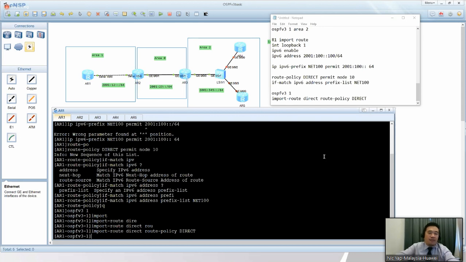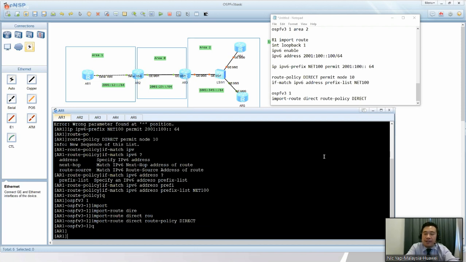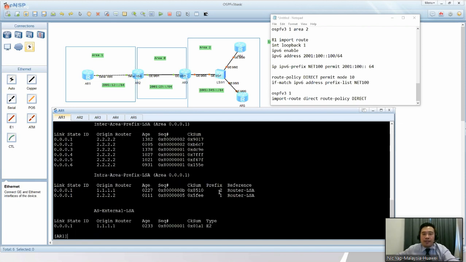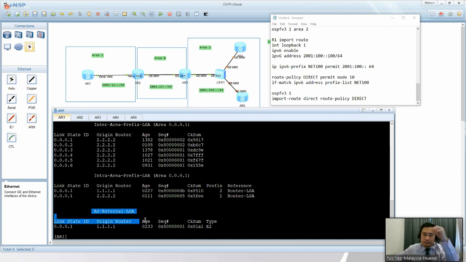Done? So after you're done, let's check the result whether they can be successfully imported into OSPFv3 or not. Display OSPFv3 LSDB. So you will find at the bottom one called AS external LSA. They have this information as 0.0.0.1.1.1.1, but they do not show the detail of the information here. So to check the detailed information, you need to put